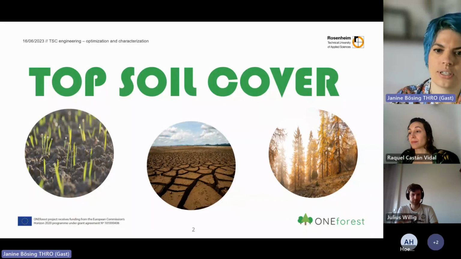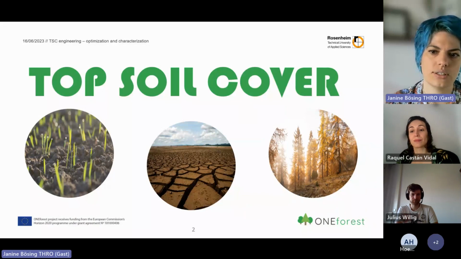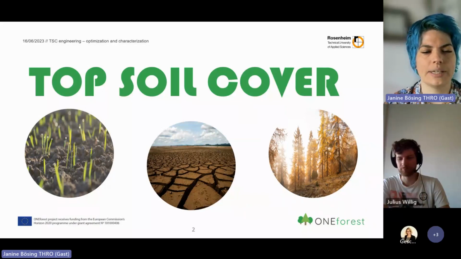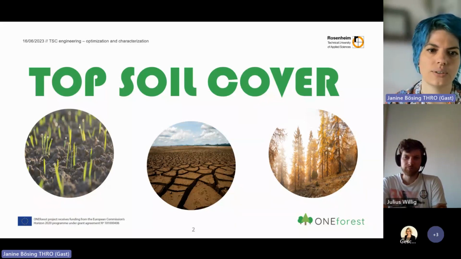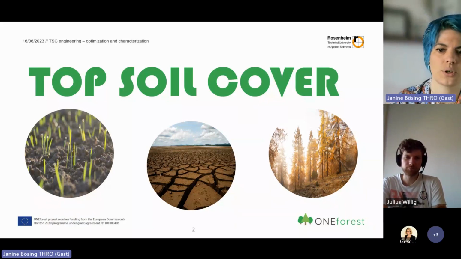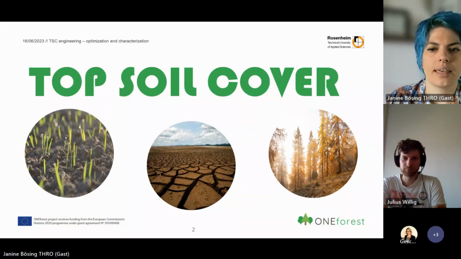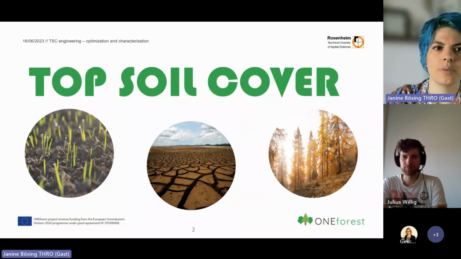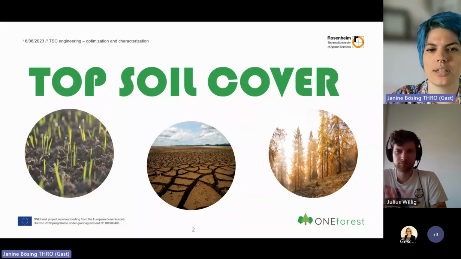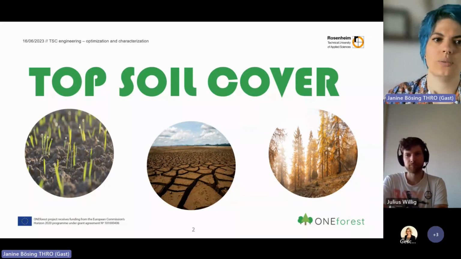Topsoil cover in general supports planting operations in areas with high erosion risk and also regions subjected to temporary drought. And it has two functions. For one, it covers the soil, and for the second, it also has the capability of storing water. So through the coverage, we have protection against evaporation, for example, of the water that's in the soil, and also against competing weeds that would suffocate the new plant growth. And because the topsoil is able to store water, it can be released in drier times,